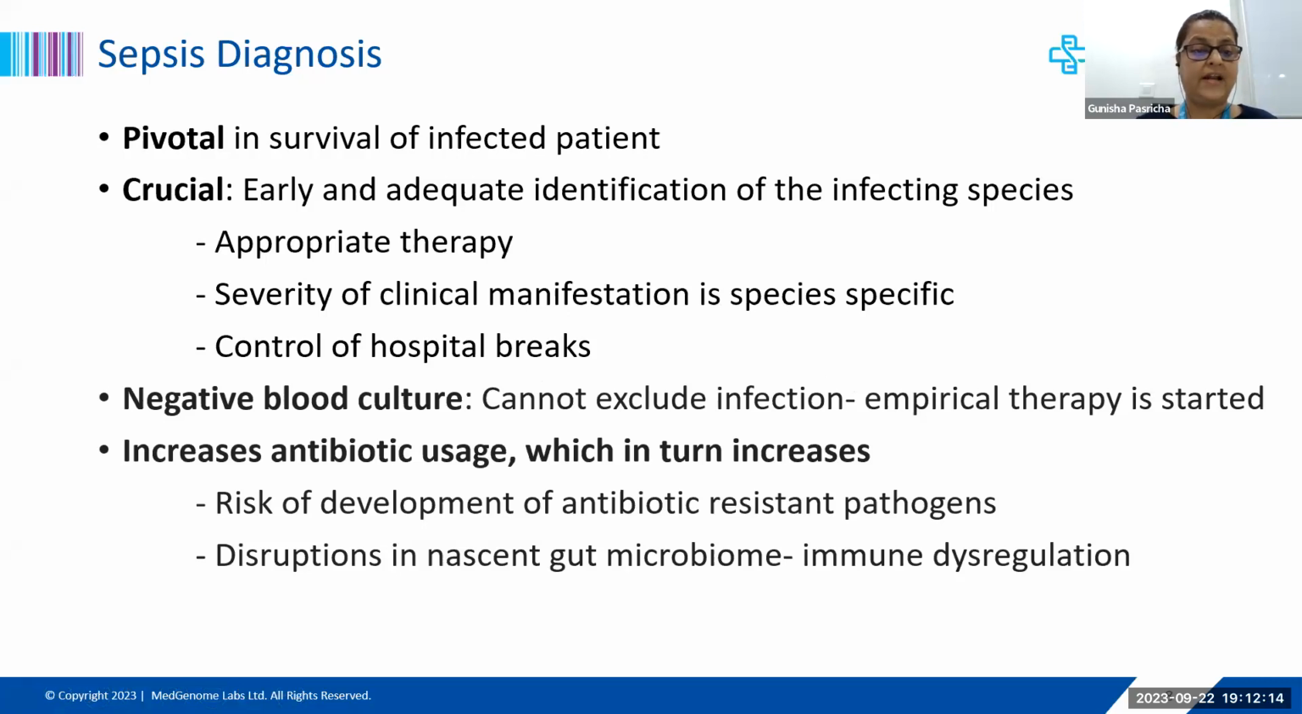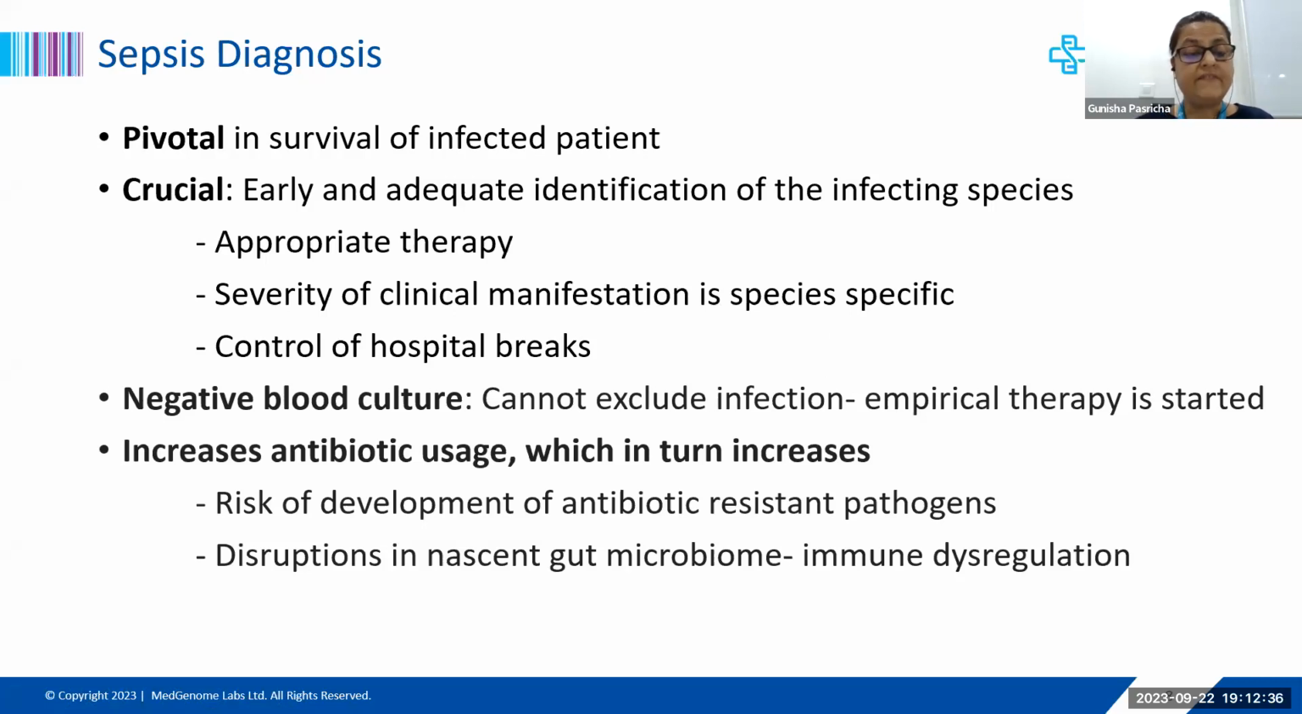If we have all of that, we can control hospital outbreaks. Now, in case the negative blood culture comes in, does it exclude infection? No, because we know that the sensitivity of blood culture is very low. There are papers saying that it is 10 to 30%. A few papers also mention 50 to 70%, but the consensus has been 10 to 30%, which is